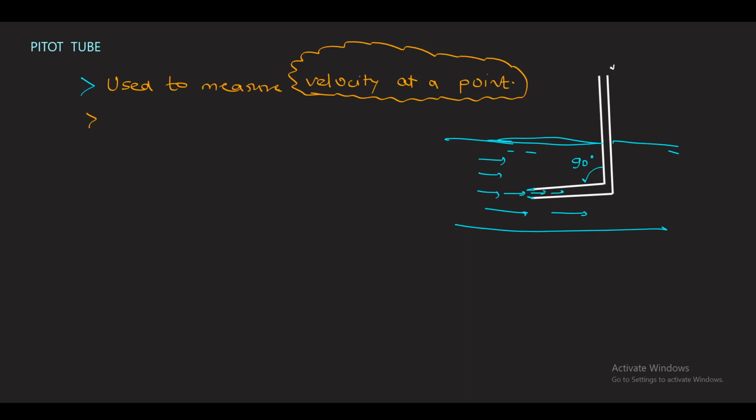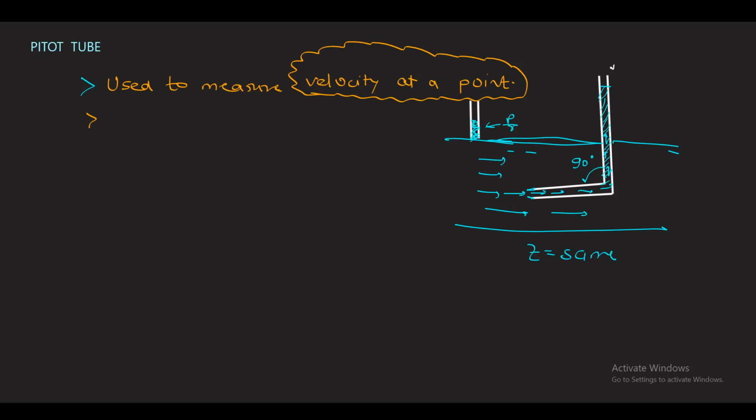Due to that, the fluid in motion rises to a certain level. And suppose a piezometer tube is inserted here. Why is the piezometer tube used? By using the piezometer tube, the pressure head at that point is calculated, correct? What is the pressure head at that point? That is P by gamma. As the datum Z is the same in both cases, this is P by gamma, the pressure head.